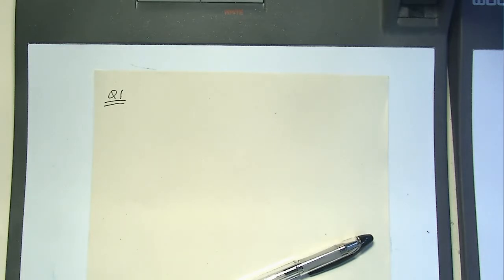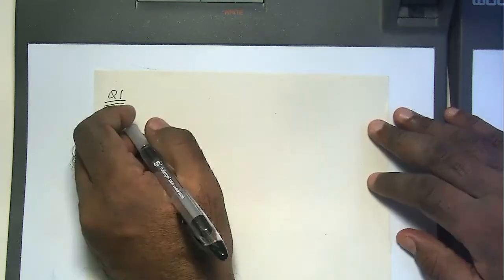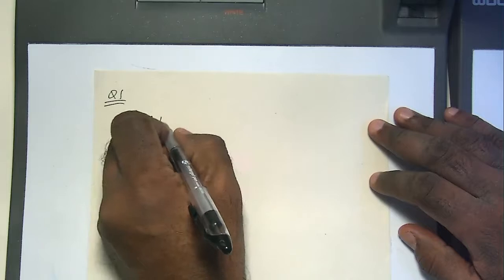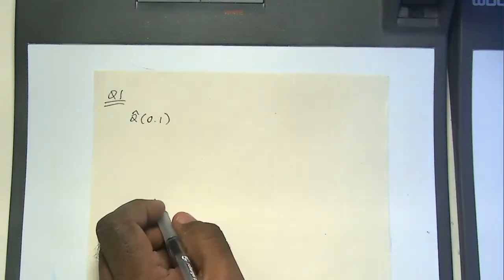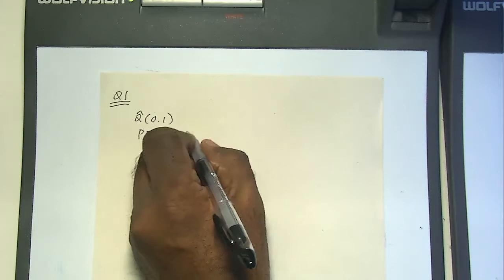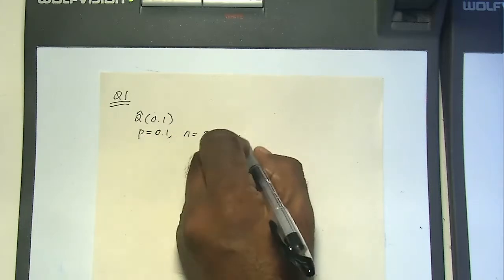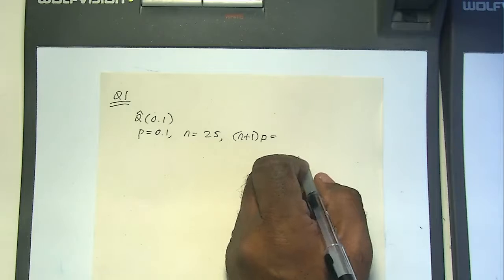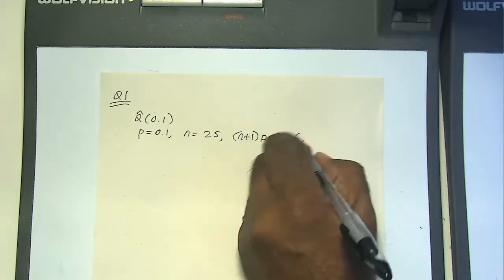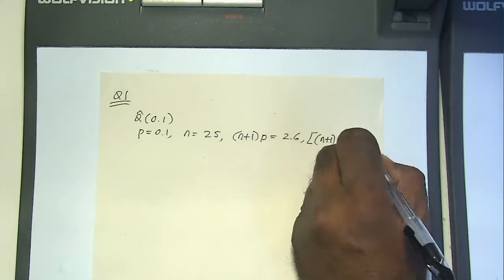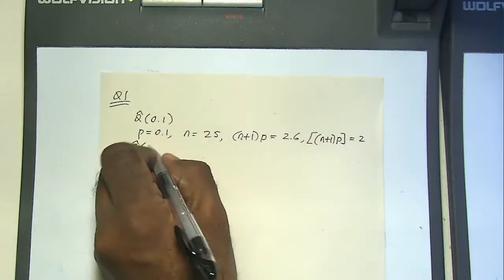All right, have you guys done question 1? For question 1, you just need to use the formulas I gave you, right? For example, if you want to work out Q hat at 0.1, your P is 0.1, your N is 25, so N plus 1 times P will be 2.6. And the integer part of that is 2, right? And therefore Q hat at 0.1 will be